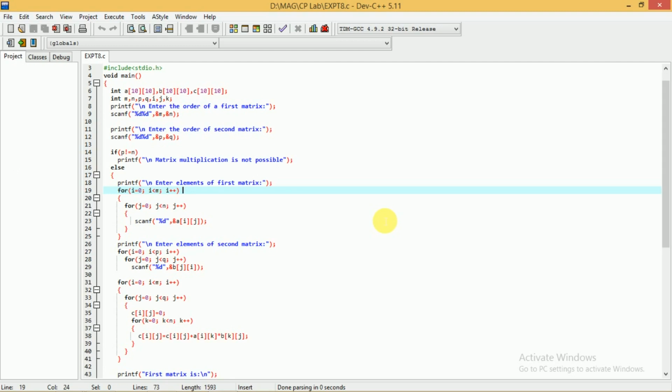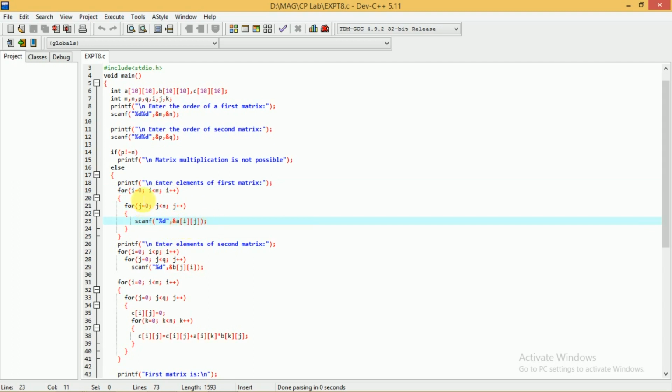That's why here we need to use two for loops. One is for rows, another one is for columns, because we have to consider all the m rows and all the n columns. So we have a nested for loop, that is, a for loop inside one more for loop. The outer for loop is for i equal to 0, i less than m, i plus plus. Inside this we have one more for loop, for j equal to 0, j less than n, j plus plus. So what is the statement we have? scanf %d ampersand a of i comma j, that is ij.